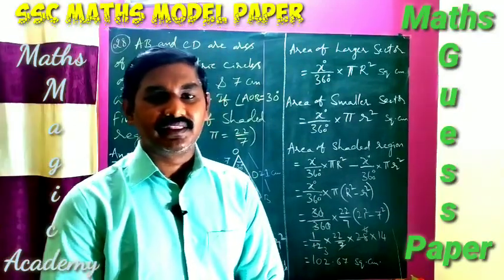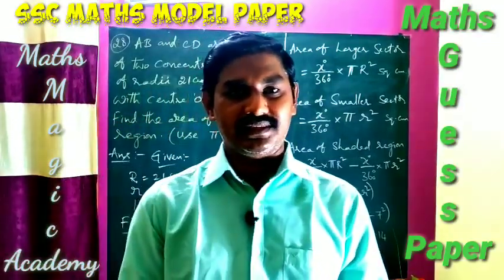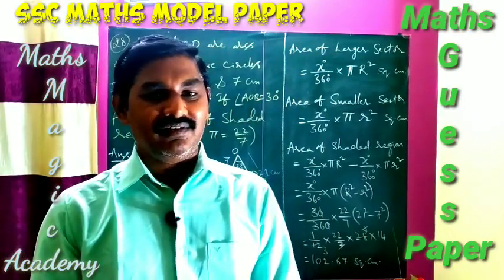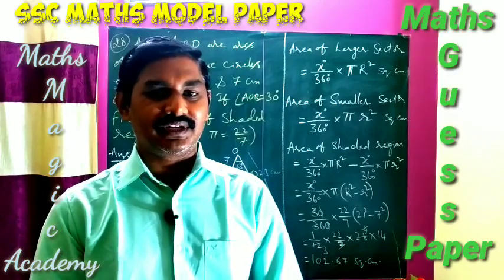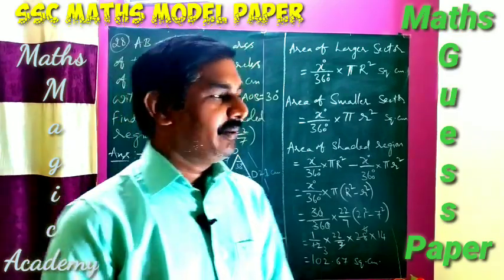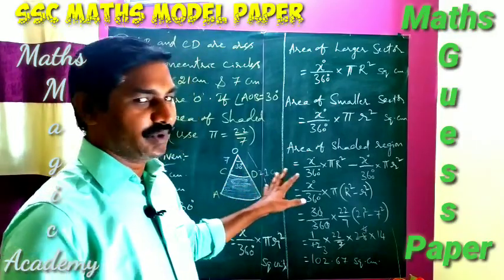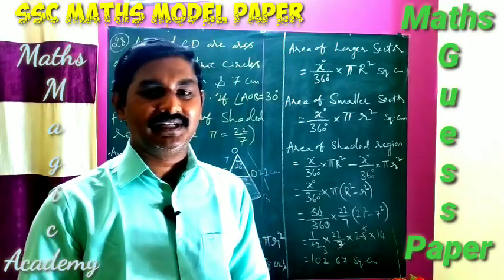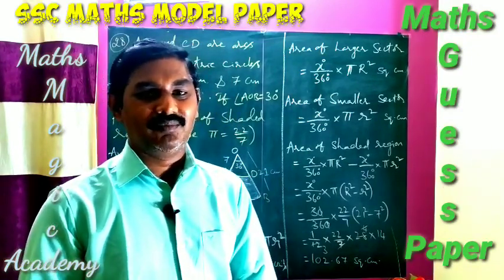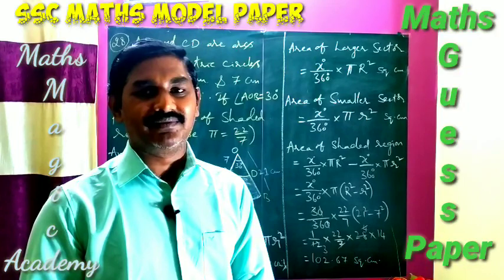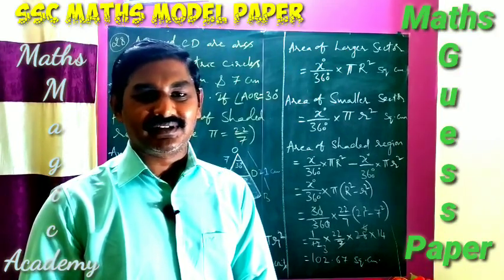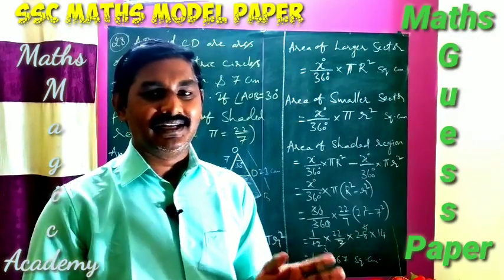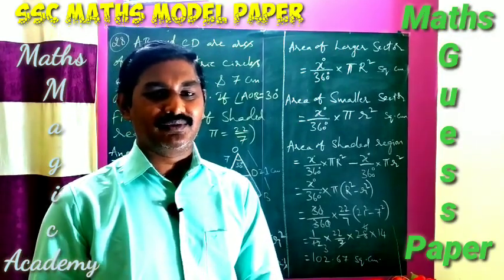So from here, section 1, section 2 and section 3, all three sections we have completed. In section 3 all the questions are 4 mark questions. I explained them by writing all the answers on a board. Why? Because it takes more time. If I want to explain each and every question, each question will take more than 10 minutes, then the video becomes very large, so it is not good for uploading. So I am splitting each and every section and explaining to you.